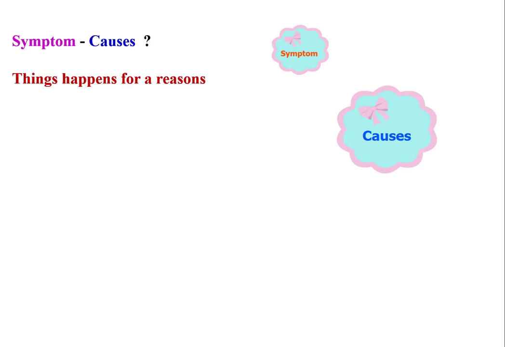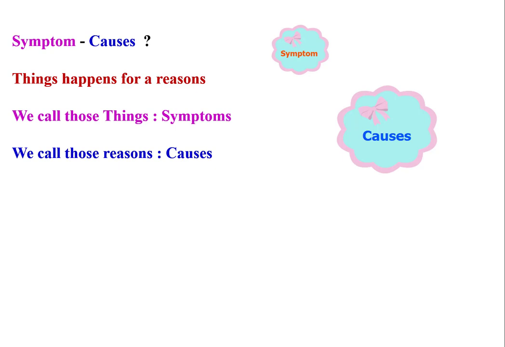we have 2 different categories of issues: symptom and cause. Any failure happens for reasons. What we call things are just symptoms. These failures, what we see, is a symptom. Symptoms are things which happen, which we realize, which we are able to identify. However, behind these things, behind these symptoms, there are reasons,